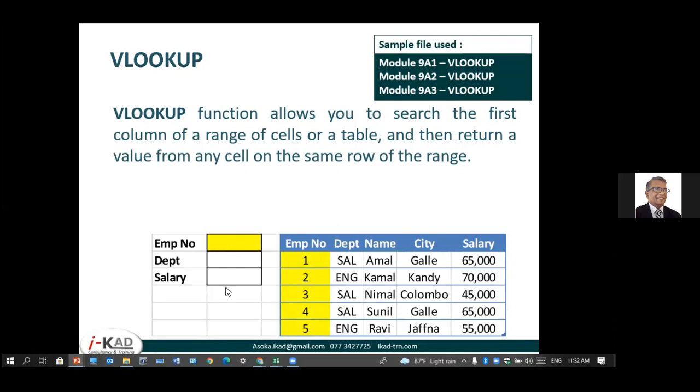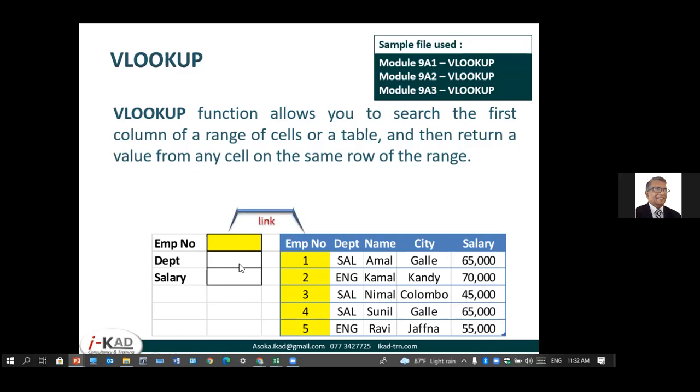If there are duplicates, it will bring only the first one. So when I put the employee number here, it goes and searches for the employee number in this table, and when it finds it, it can bring the department, name, city or salary from this table onto this. That's what is done by VLOOKUP.